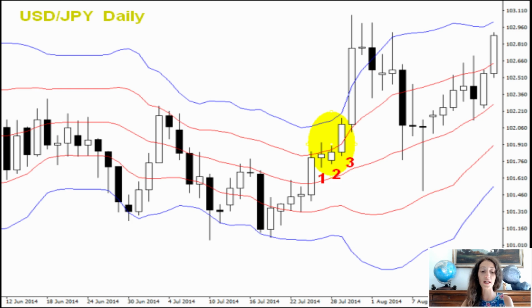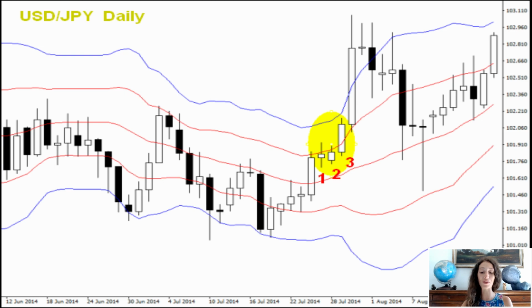Determining stop loss and target profit levels in the daily USD JPY in the example shown in this image, the stop loss can be determined at the lowest level of the three candlestick bars, and the target profit can be determined at least equal to the distance of the stop loss, or if possible try to be greater so that the risk return ratio can be greater than 1 to 1. If the trend is still strong, you can use the trailing stop function with a pip trading point for the stop loss, or move the stop loss level if it has reached break even.